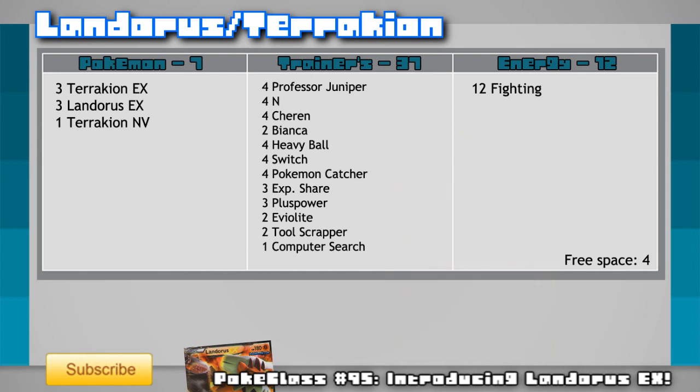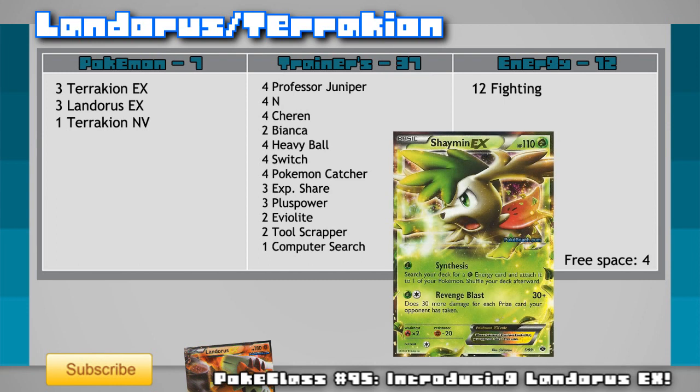In the end, this is a very strong deck choice if you take into consideration how well Electric is doing at the moment, but its strength in being mono-type can really be its downside as it can really get beat down by the likes of Sharpedo EX, which may start to be played even more because of the potential rise